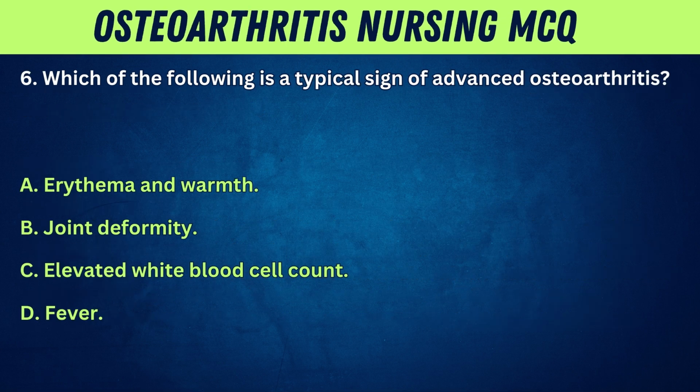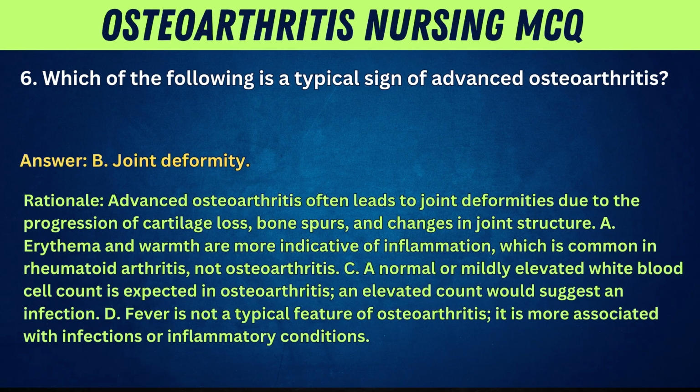6. Which of the following is a typical sign of advanced osteoarthritis? A. Erythema and warmth. B. Joint deformity. C. Elevated white blood cell count. D. Fever. Answer: B. Joint deformity. Rationale: advanced osteoarthritis often leads to joint deformities due to the progression of cartilage loss, bone spurs, and changes in